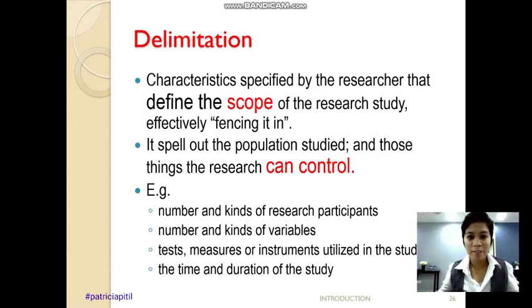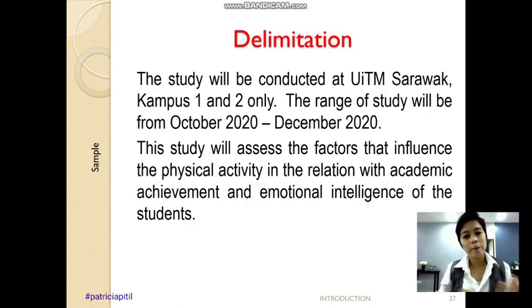Okay, you delimit it to only university students being the respondents, not the staff, not the school, nor ordinary people at the roadside. No, you are fencing it. What are the instruments used? Maybe you are using a questionnaire with a particular name. Using self-esteem by Rosenberg. You using IPAC, physical activity. Using eating disorder, EAT. There are various names of instruments that you can use to measure the DV. And then when you are going to decide, that is also a delimitation.